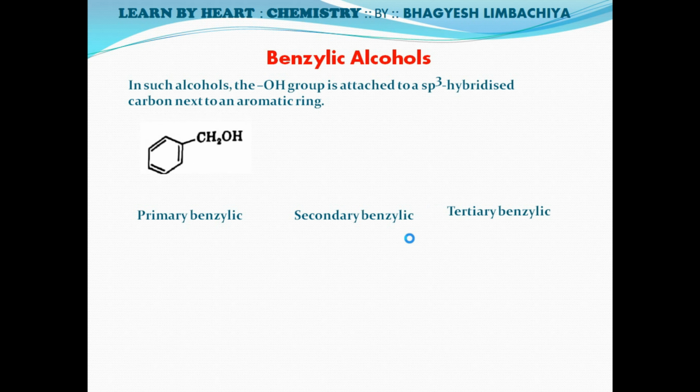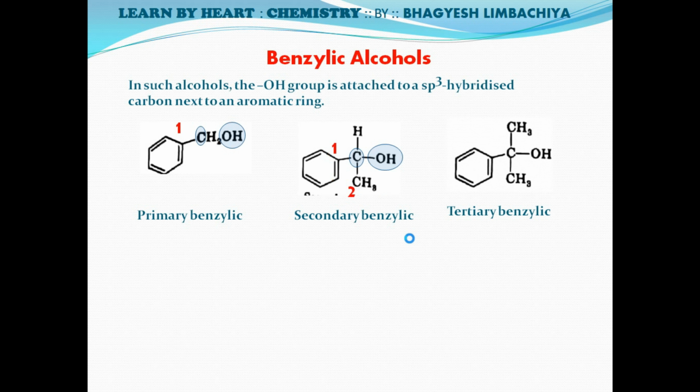See the example, the OH-containing carbon is attached with one carbon atom. Similarly, next, the OH-containing carbon is attached with 2 carbon atoms. Third, the OH-containing carbon is attached with 3 carbon atoms. So benzylic alcohols have a total of 3 types: primary, secondary and tertiary. Okay, next,